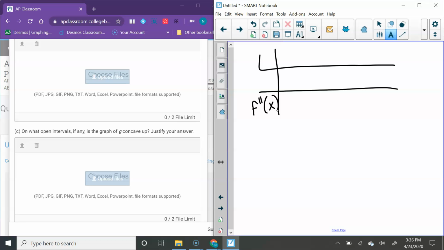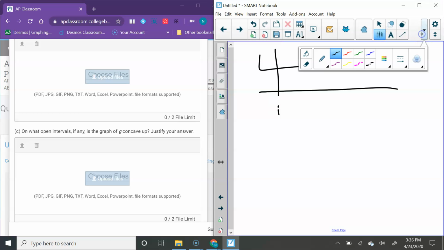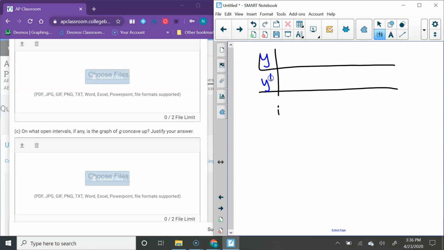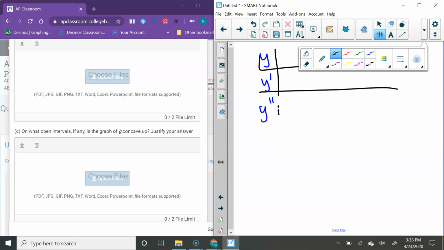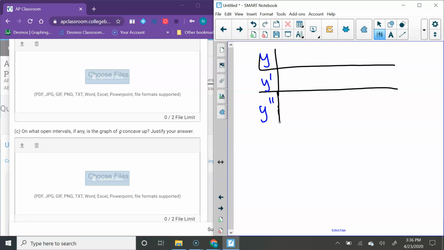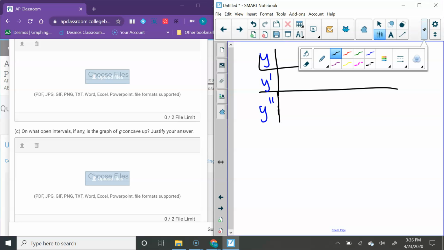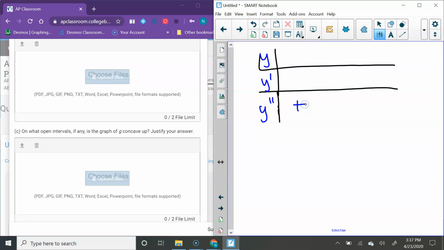This is just general, this is not related to the problem. Let's just use a y prime and a y double prime right here, because I'm just generalizing right now. I don't want to use the values that are actually in the problem. So if I'm talking about concavity, I'm worried about whether the graph is concave up or concave down. So the second derivative, if it is positive, that tells us that y, or the original function, is